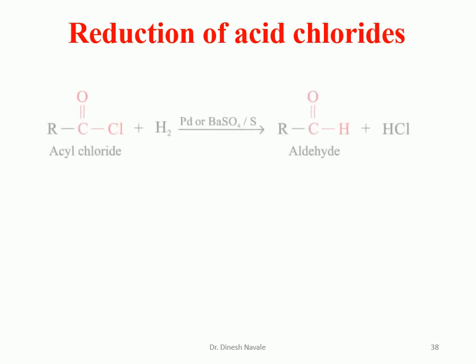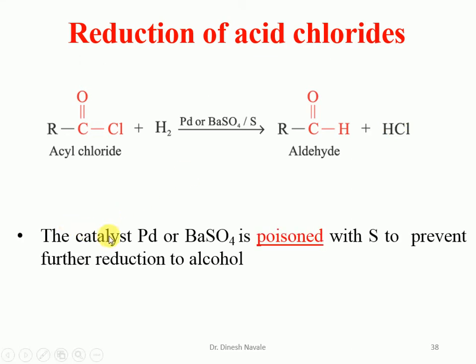So in the reduction of acid chloride, the same reaction is there, the reagent is the same, acid chloride with H2, Pd/BaSO4 in presence of sulfur. In some cases we utilize sulfur as the reagent, because it is going to poison the catalyst and does not allow the aldehyde to go further into the carboxylic acid. So further oxidation will be avoided, or rather the further reduction will be avoided by using the Pd/BaSO4 in presence of sulfur.